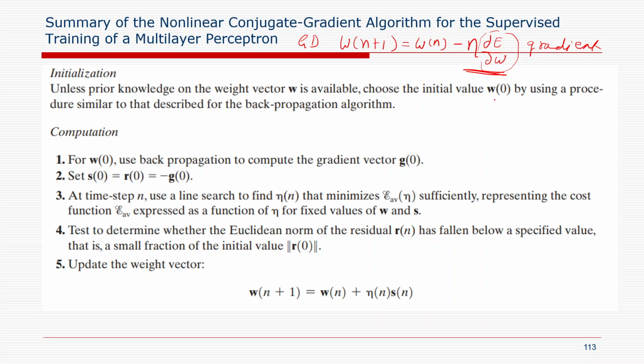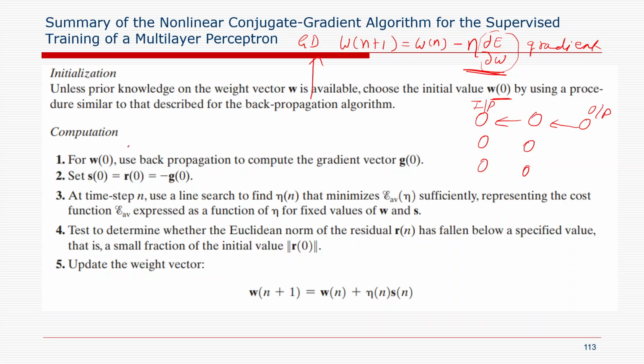and we choose the initial weight values W(0) by a procedure similar to that described in the backpropagation algorithm. When you apply gradient descent, we use the backpropagation algorithm to update the weights. Backpropagation in the sense that errors will move from the output to the input. That is, in the multi-layer perceptron, if we have started with the input here and this is the output layer and there are some hidden layers here, we backpropagate the error from output to the input when we have to update the weights. That is, we'll start with the initialization of the initial weights W(0),